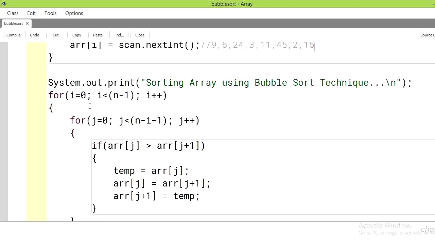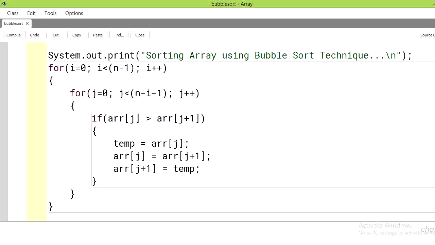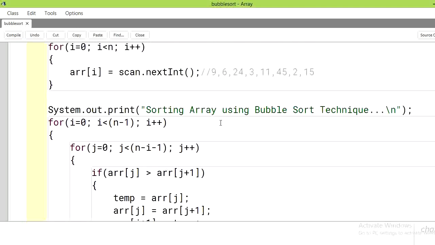In this, the loop starts from the 0 position and goes to n-1, that is, the length of the array. We have given 8 elements, so it will execute till the 7th position because the first index starts from the 0 position. Now we have another loop with the name j, up to n-1. Next time when the loop executes, after the first pass, the loop will execute up to one position less, because in the first pass the largest element will go to the last index position.